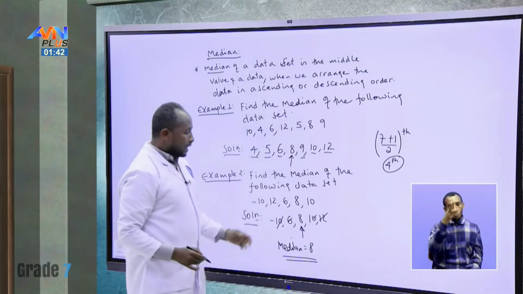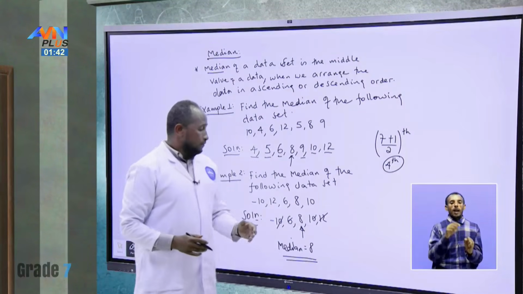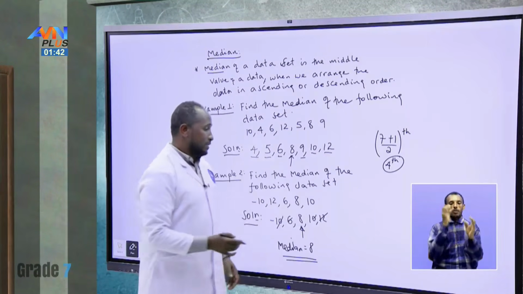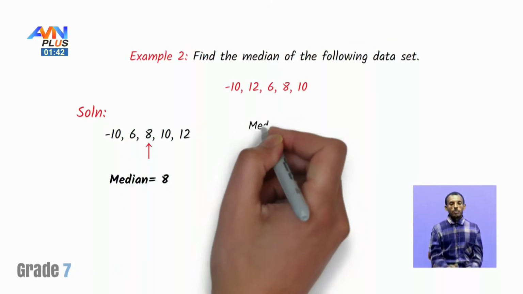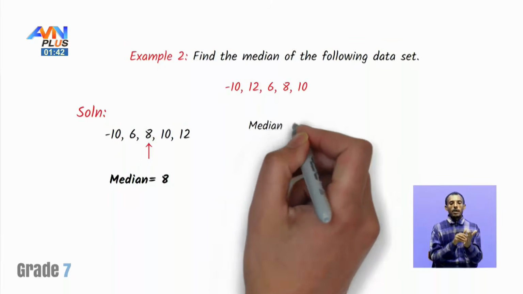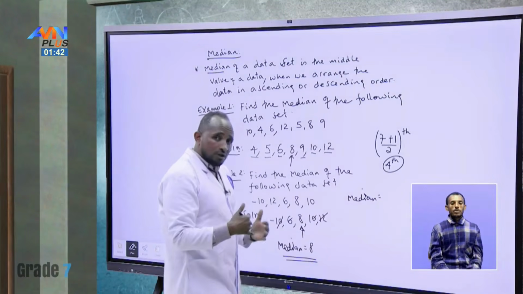Or we can apply a formula to calculate the median. Median will be equal to, for an odd number of data sets,